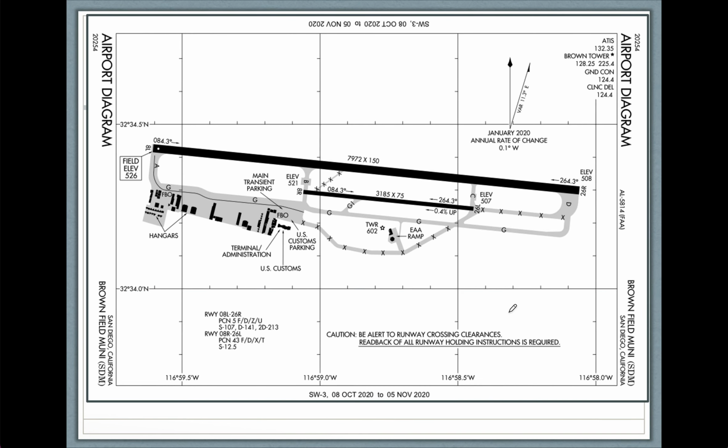And that's also, let's see how it's shown on the airport diagram. So this is still Brown Field Municipal Airport. And we were looking at 26 left actually has a 0.4% upslope from the east end of the airport to the west end of the airport. So if you're landing on 26 left, you're landing uphill. That's good for you because that decreases your landing distance. However, if you're taking off from 26 left, you're taking off uphill, which would harm your performance. You've only got 3,185 feet to work with. You don't want to have to be using any more than you have to because that is a fairly short